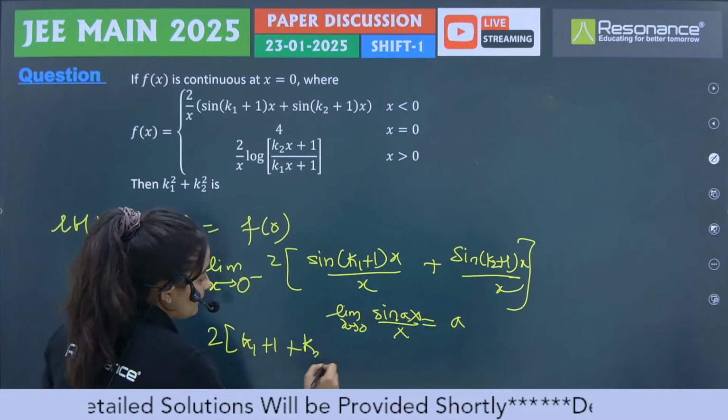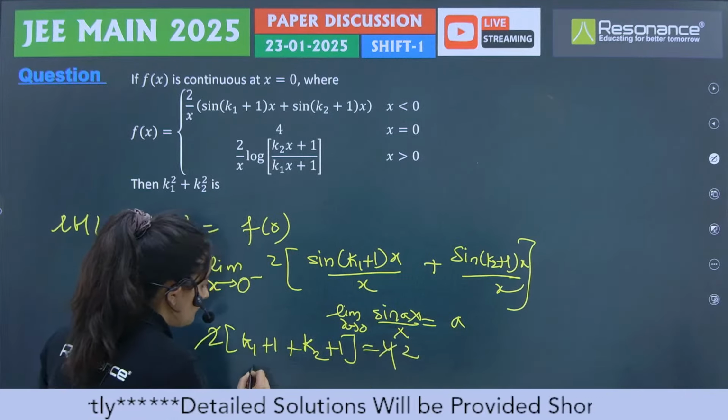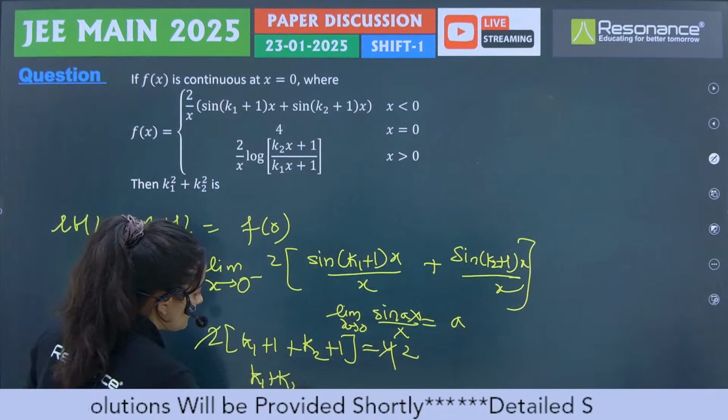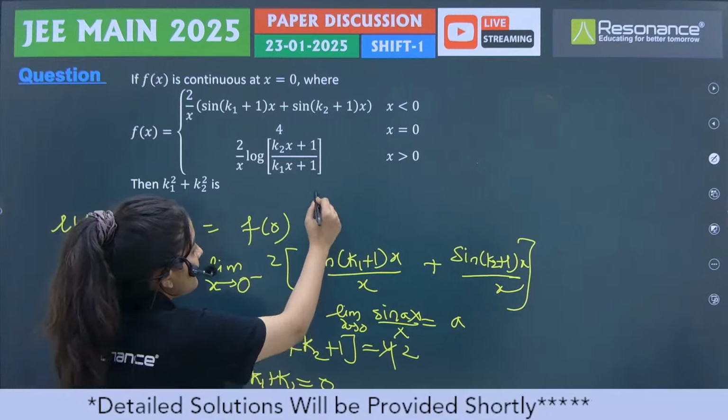There, k2 plus 1 equals 4. Cancelled. On simplification we are going to get k1 plus k2 equals 0. This value is equal to f of 0. Similarly,